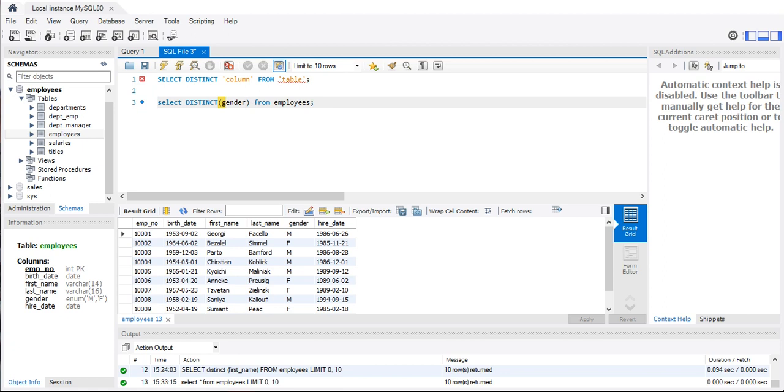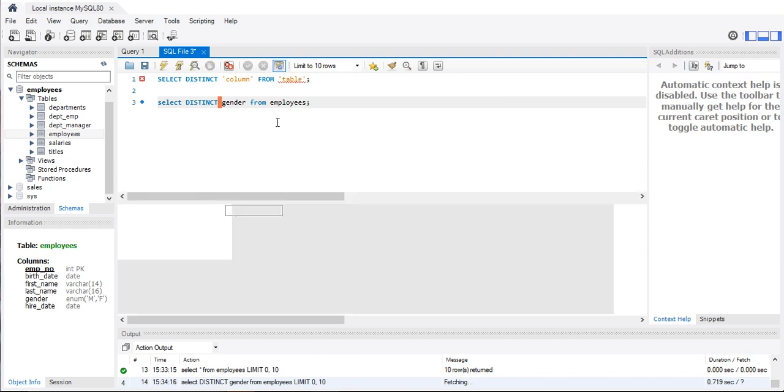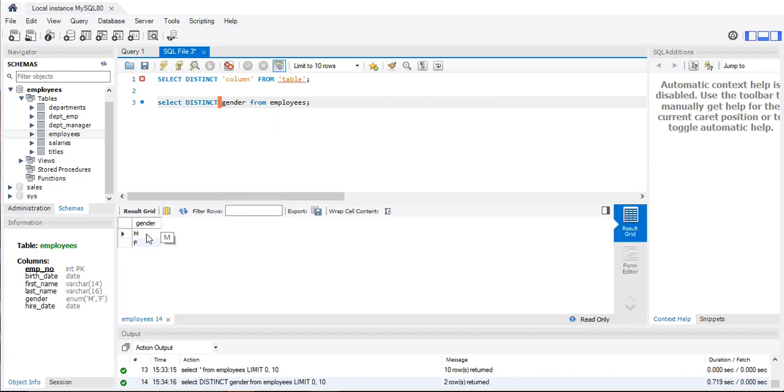It will work with or without parentheses as well. Later on, we will learn adding more functions such as count and distinct together. The parentheses will be necessary in that case, but here it will run with or without parentheses as well. See, and I will run it. Now you see that there are only two rows, or two unique values, in the gender column.